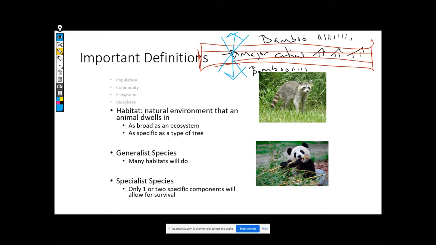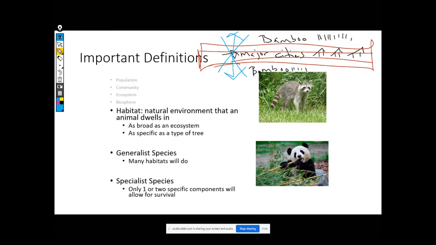Okay. Our new terms: habitat, generalist, and specialist. Keep in mind that what we think of with these definitions is the most extreme. This is certainly a gradient. Not everybody is as specialized as the panda, who lives in only one place and eats one thing. That's super specialist. Not everybody is as generalized as the raccoon, who can pretty much live anywhere, or the rat, who can live anywhere and eat anything, including your wall. Most of us fall somewhere in the middle, tending more one way or another.